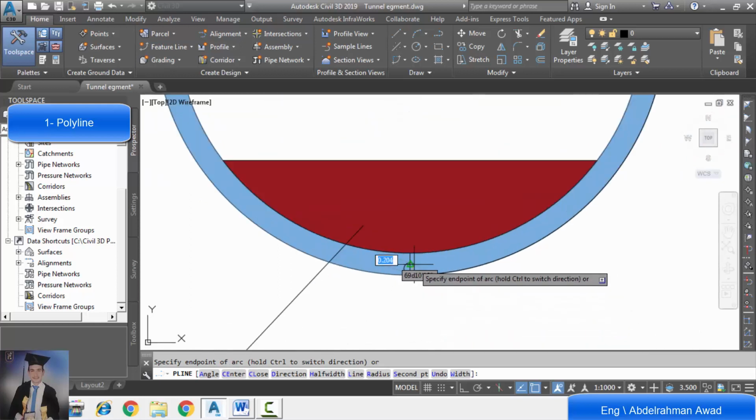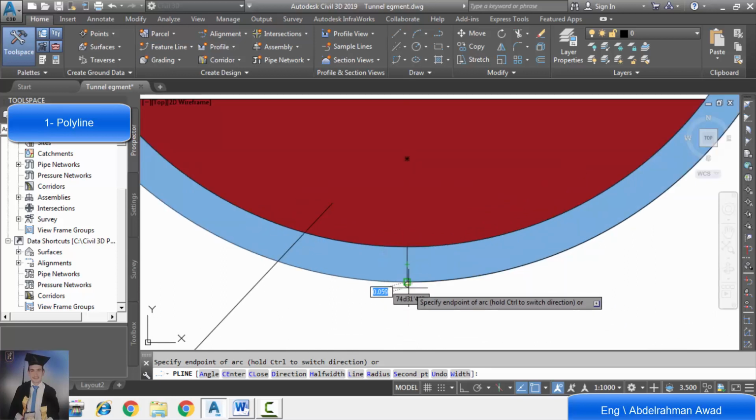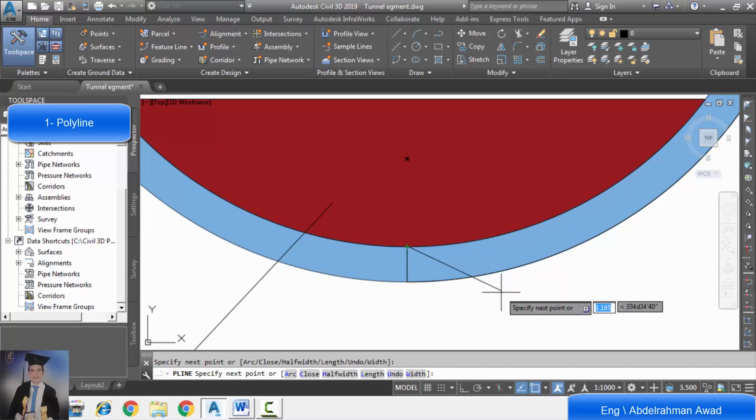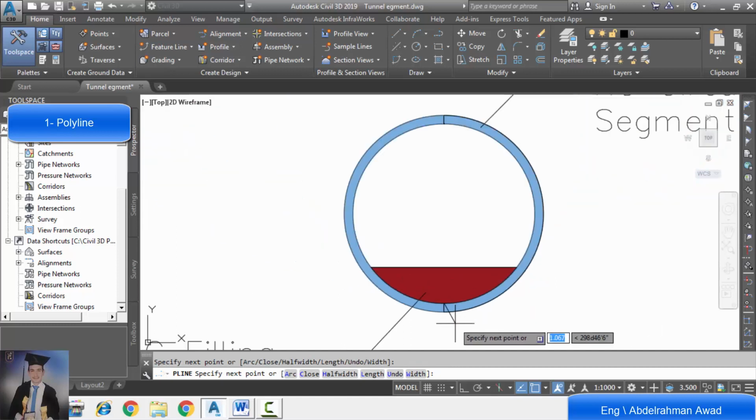We'll turn to line to get this line. So we click on line, and we'll turn to the inner arc. We have drawn the line for the outer arc.